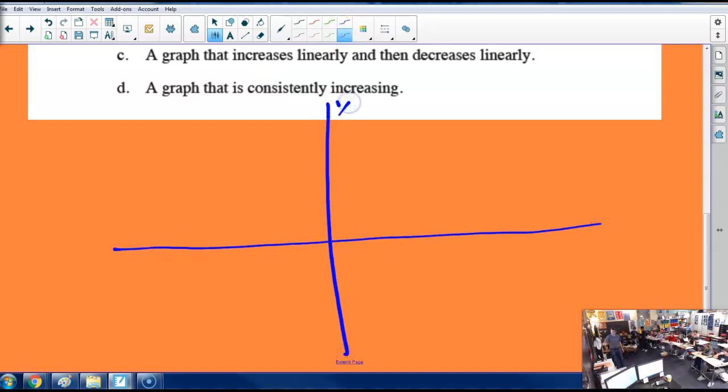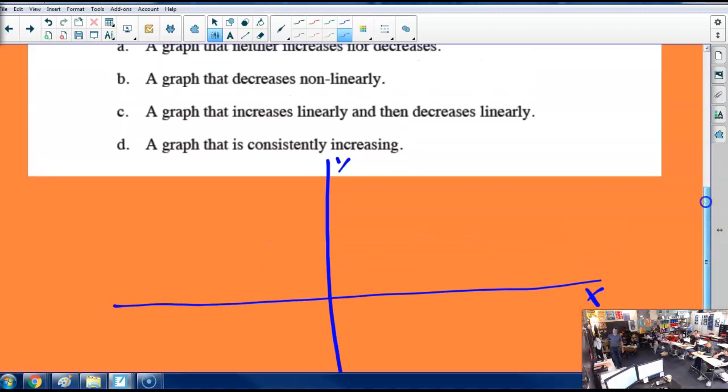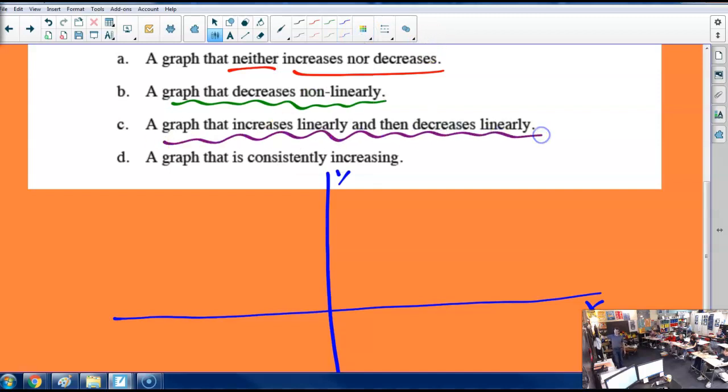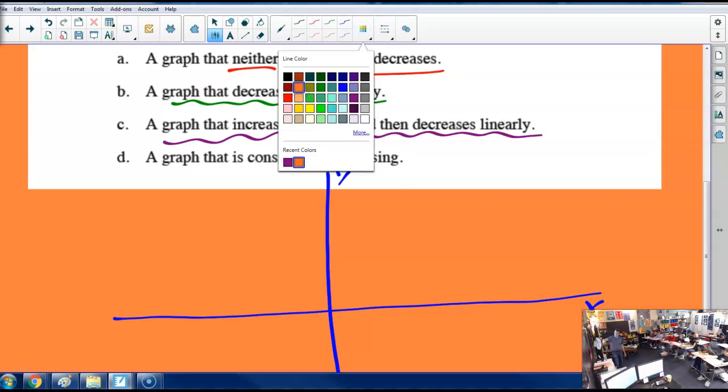Right? Y, X. You are going to make a line for A that neither increases or decreases. So up here, I'll probably draw that in red. Then a different line you will draw that decreases non-linearly. Then a different line that increases linearly and then decreases linearly. And then D, I bet you can guess, it's a different line,